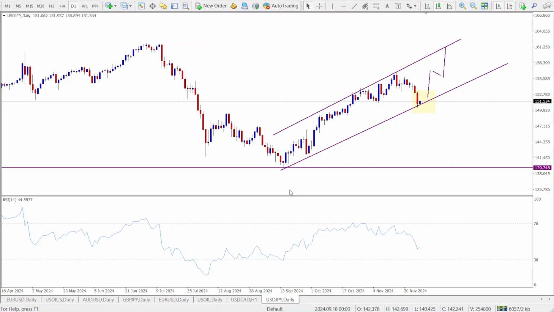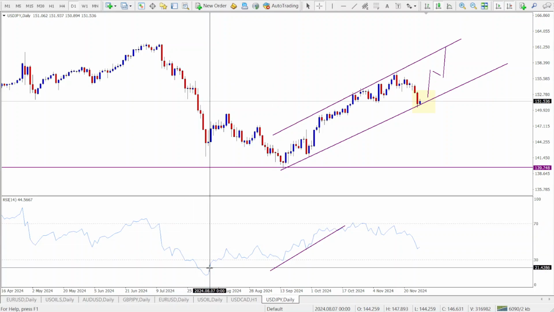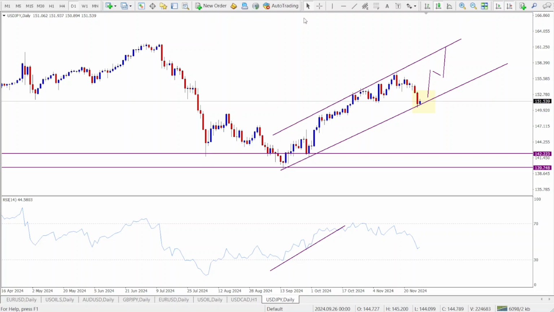The price bounced off this support, and we can see that that was when this bullish move started as RSI began to trend upward. So this would have been a good place to enter a buy after the RSI gave us a buy signal. Here again, the RSI actually gave us a buy signal, and we would have considered entering a buy right after we had the RSI cross above the 30 level,